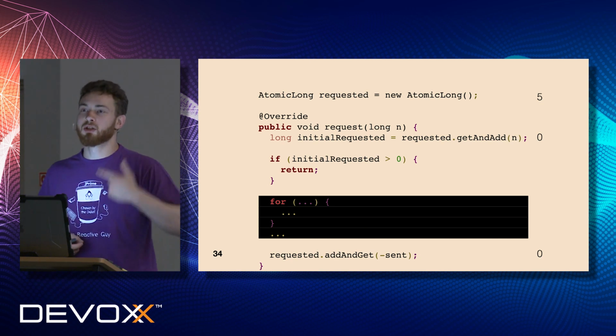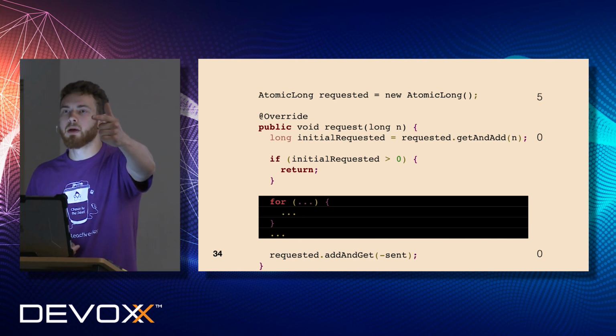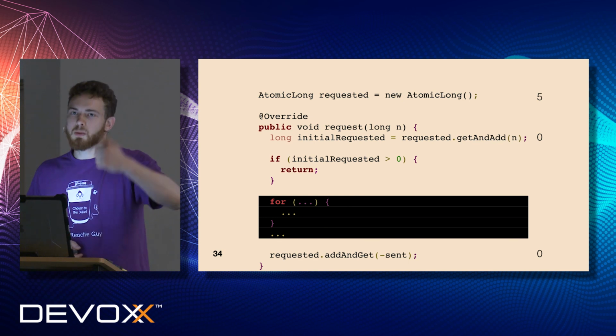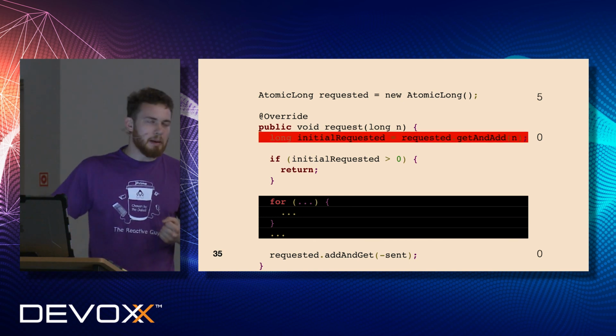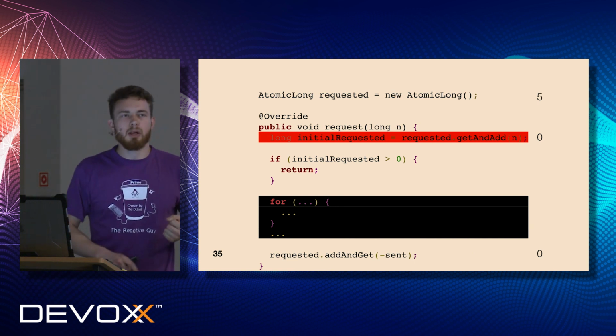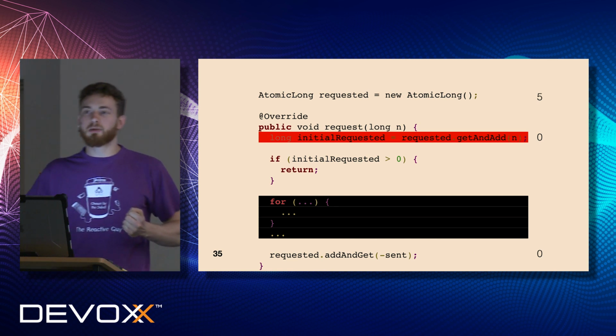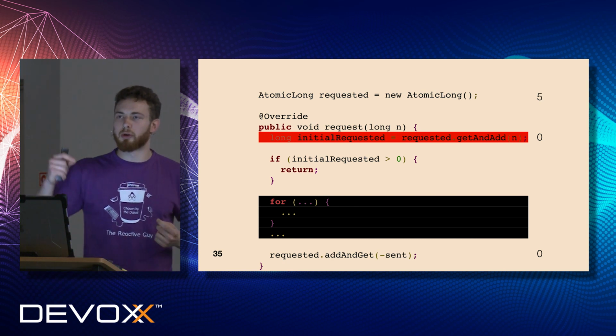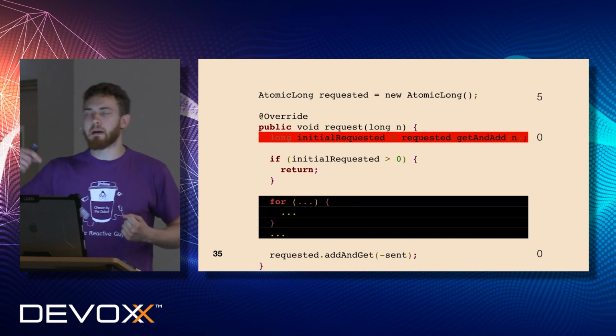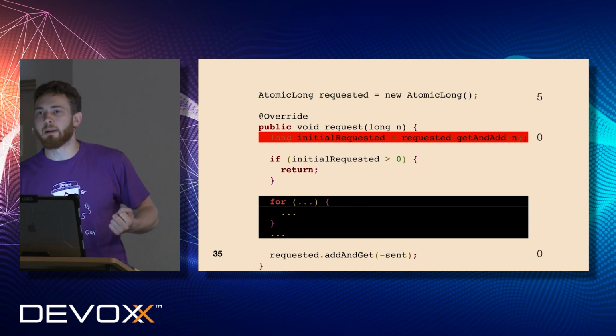And now just imagine that we started sending data. What does it mean? Once we almost finish it, it could appear that another thread from an absolutely different point in time or point in your code tries to increase or add a few elements to your publisher, or request a few elements from your publisher in addition, right? It could happen.